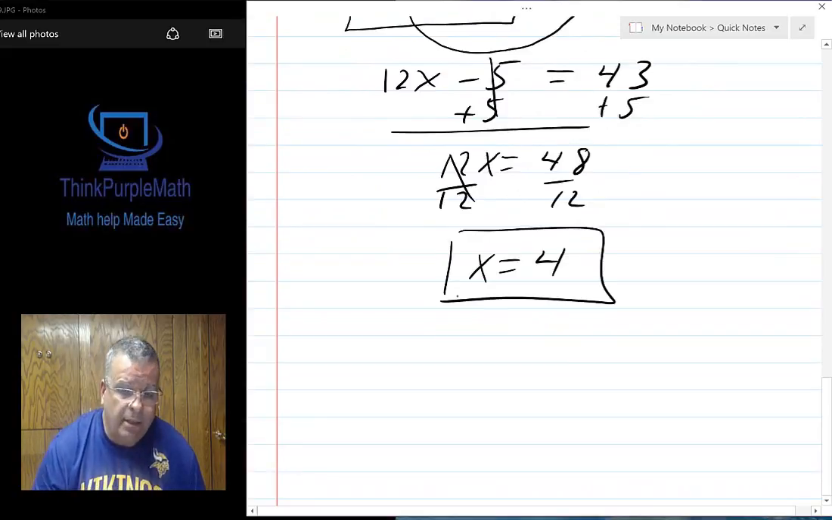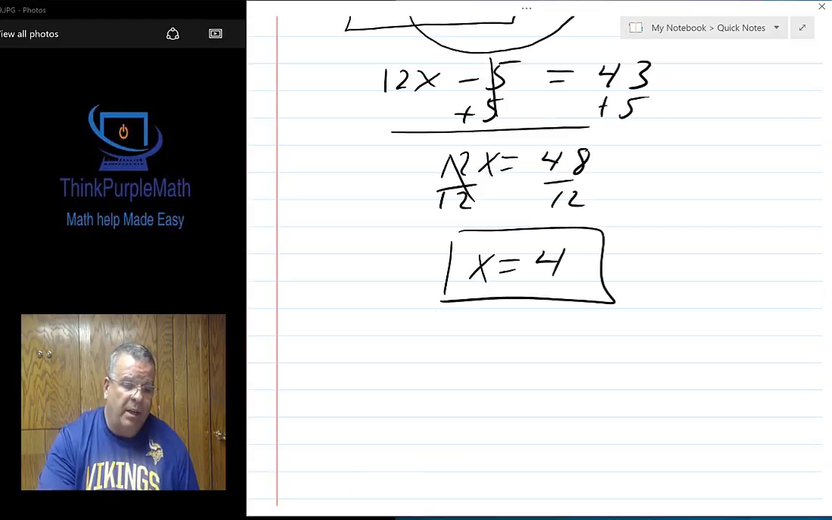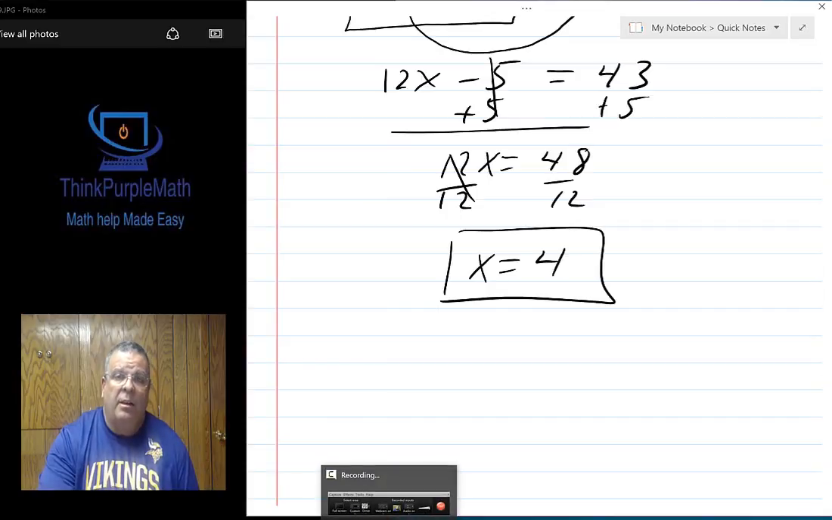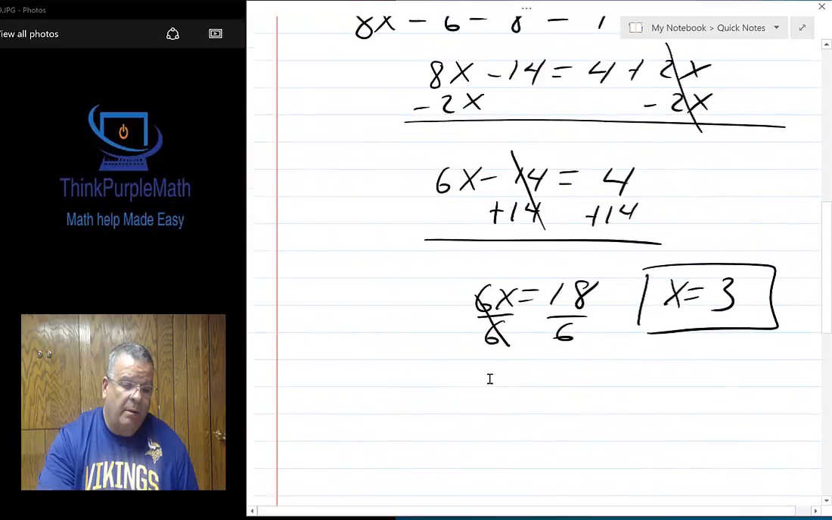So that's a look at solving multi-step equations using the distributive property and inverse operations. Algebra can get very complex. It depends on the level you're at, what the topic is, and some of them become more challenging. But that's a look at solving with the